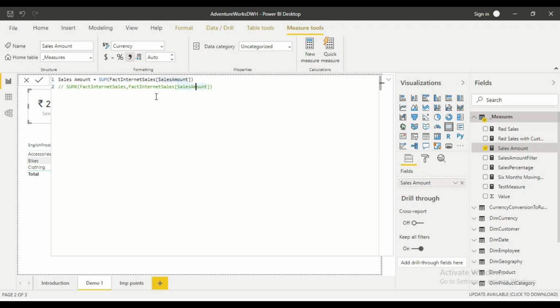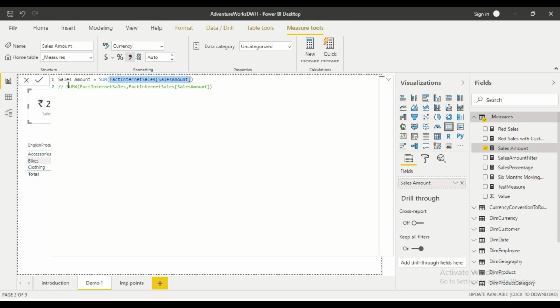You can also create the sum measure using this particular function SUMX, which is an iterator function. It will return you the same value. So what's the difference between the two? I'll give you a brief introduction about this also. SUM and SUMX both return you the sum. Now SUM always accepts a single argument, which is the column name. It doesn't accept an expression.